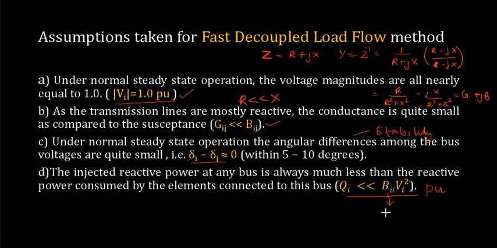BII is equal to YII sine theta II. That is, this is Y. So Y sine theta gives B. So YII sine theta gives this. So this is again another reactive power term.